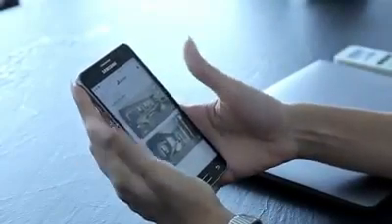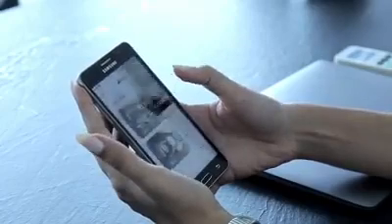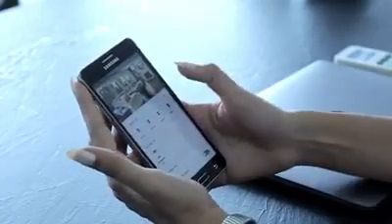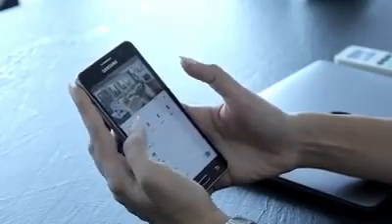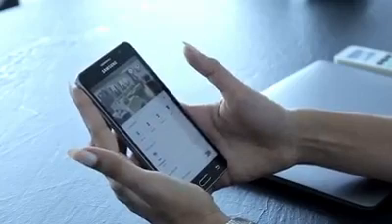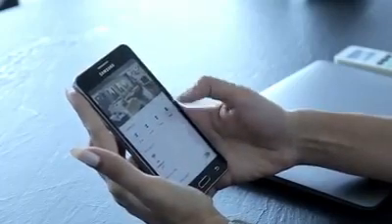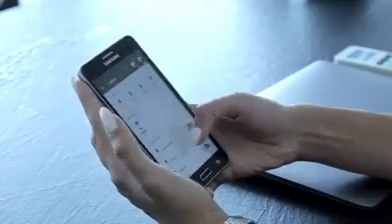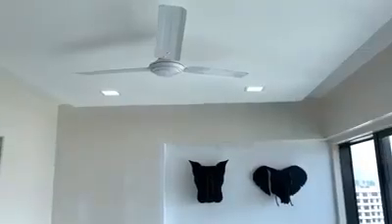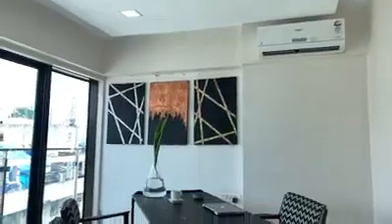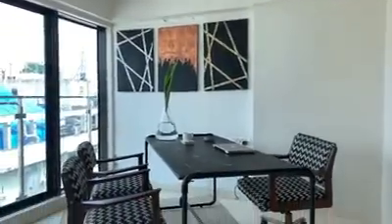It's really easy to use the Pico Stone app. All I have to do is open the app. I've got each area segregated, so you have the cabin. I tap on it and you have different modes or scenes as they like to call it. So you have an all on, all off. You can create your own preset like a movie mood or a shoot theme like how we've done for today. You have your air conditioning, I have my panels, I have my switches, the fan, and what's amazing is you can even dim the fan. You can reduce the speed, you can dim the lights, all of it.